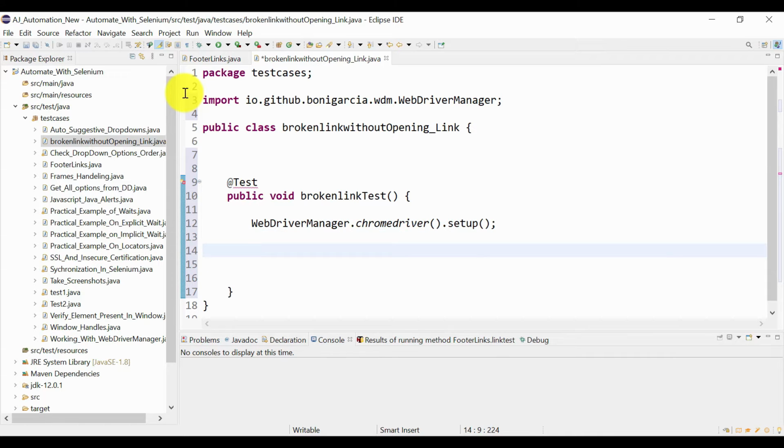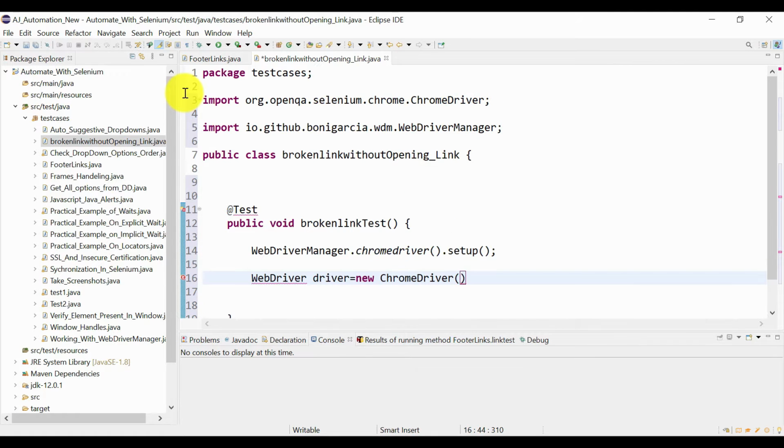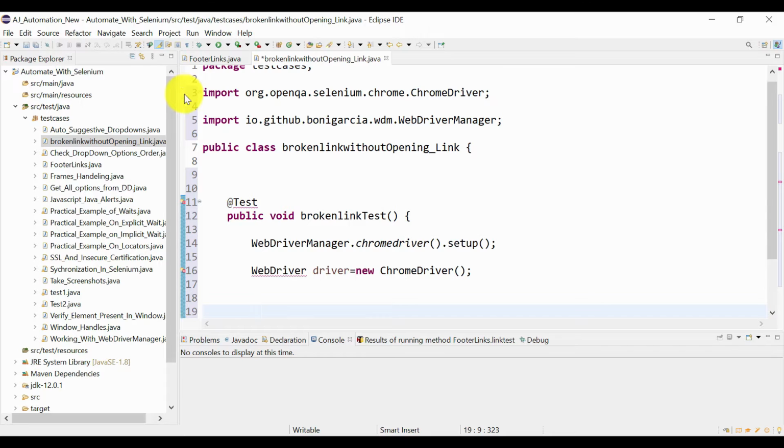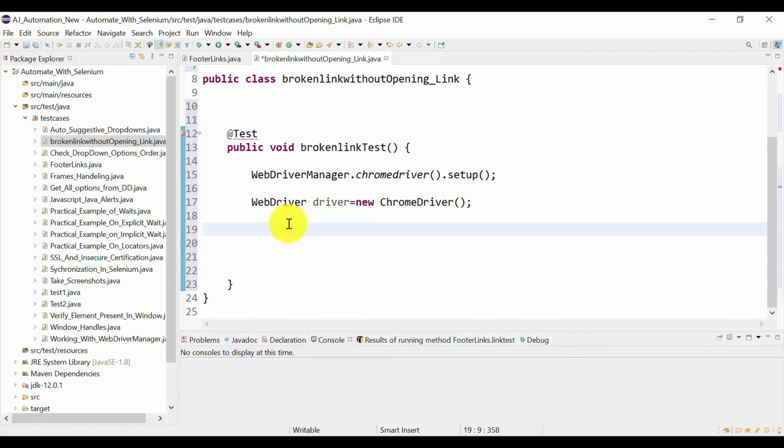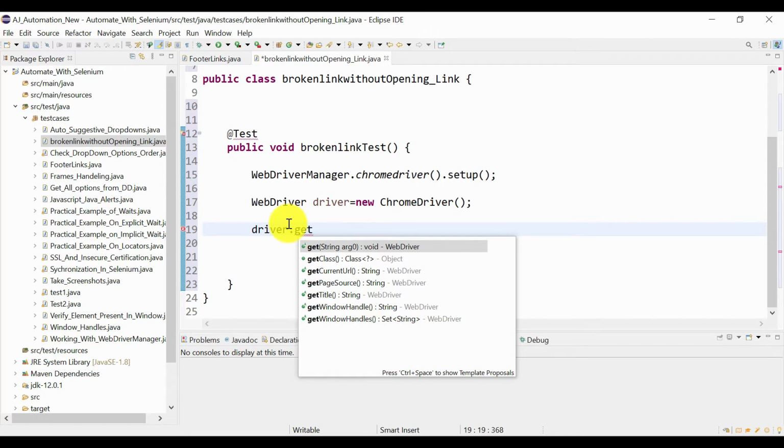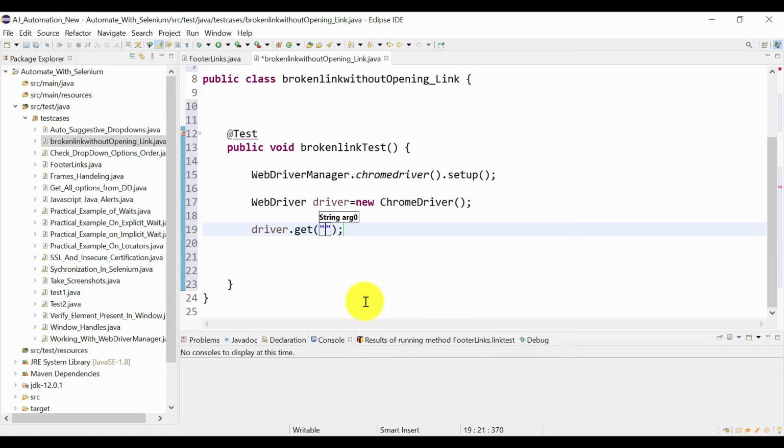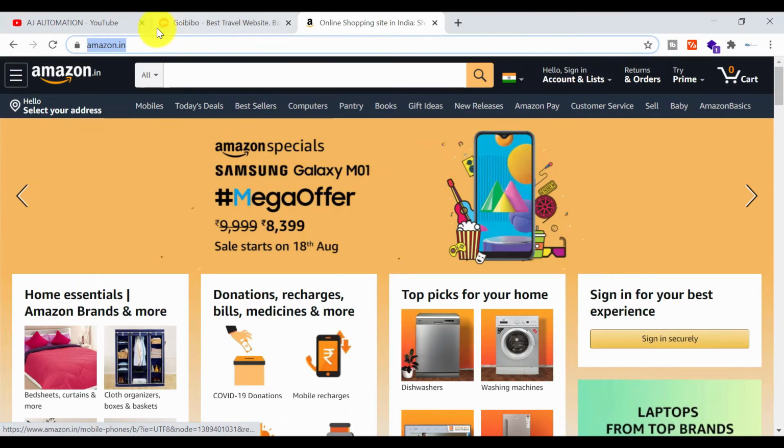Then we need to create the WebDriver reference: WebDriver driver equal to new ChromeDriver. We import it. Then we need to open the URL first, driver dot get, and we will open this website.